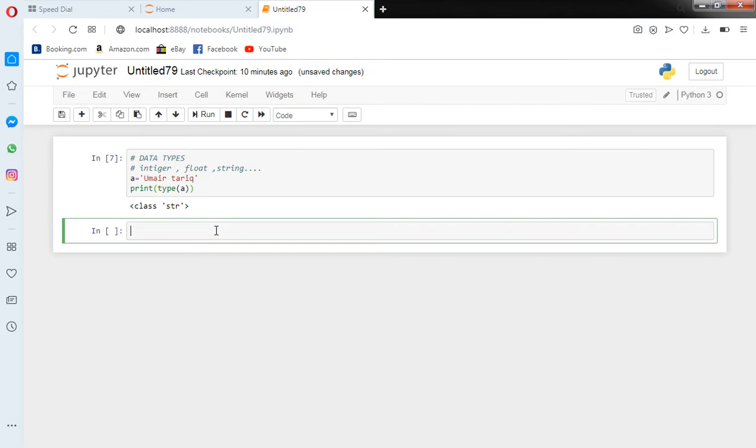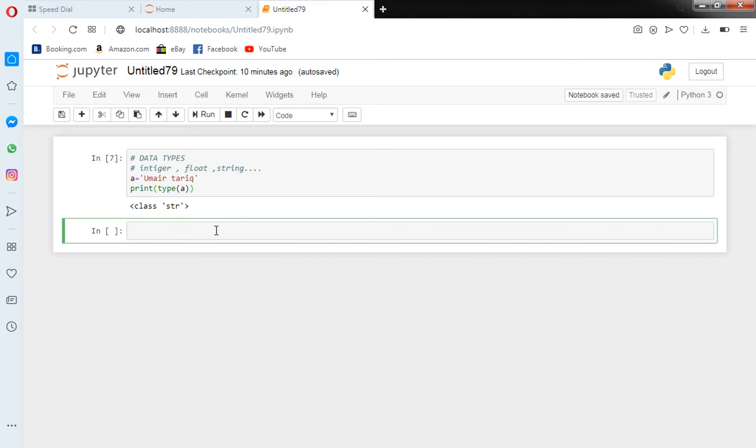Okay. Now how can we declare and assign values to variables? Okay, we can declare our values by using a single line. There is an example.